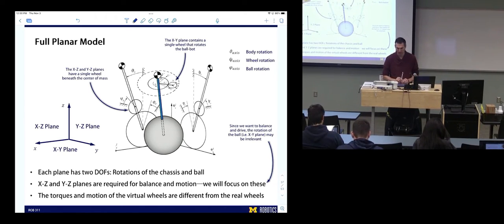So for the homework, which plane are you creating motion in? The XY plane? You're spinning it about the vertical axis in the XY plane, yeah? Cool. So if we want to balance and drive, do we need the XY plane? No. But